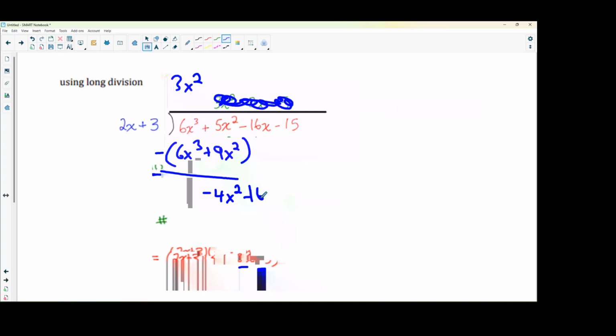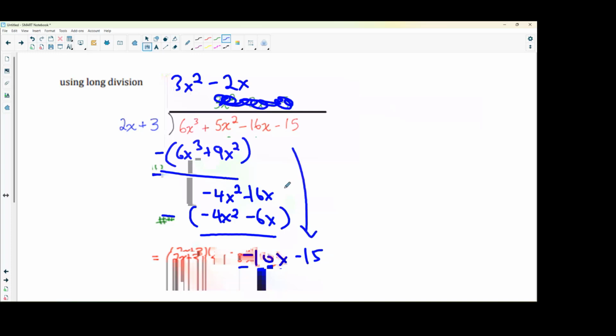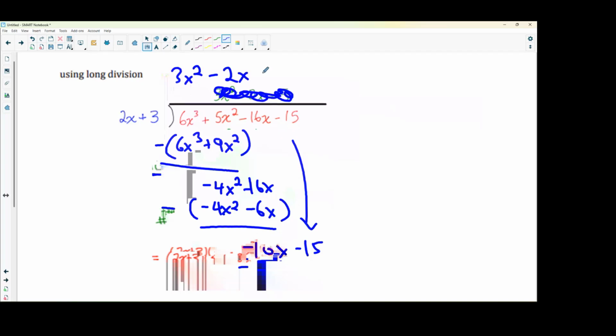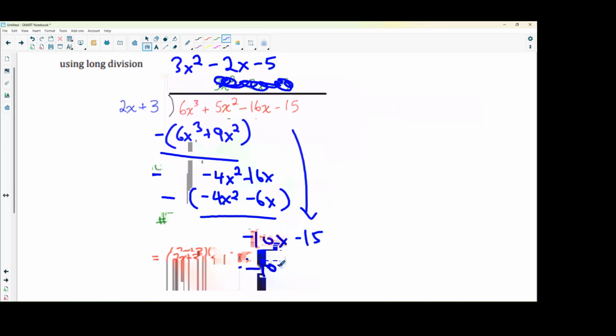Bring the -16x down. We know that to get -4x squared, we need to multiply 2x by -2x. -2x times 2x is -4x squared. And then -2x times 3 is -6x. Remember, there's a negative sign here, so we are subtracting these values. Negative 4 minus negative 4 is obviously 0, and then -16 plus 6 is -10x, and then we have -15. That comes down. And for 2x to become -10x, we need to multiply it by -5. So -5 times 2x is -10x, -5 times 3 is